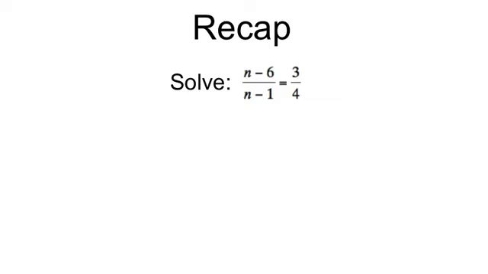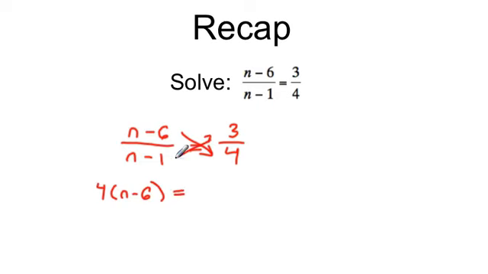So to recap and to wrap all of this up, when we have equations with fractions, what we want to do to get rid of those fractions is to multiply by the denominator. And in particular, we will do this as many times as necessary. So if we have what's called a proportion, where I have one fraction equal to another fraction, what I'm going to do is multiply by what's on bottom twice. And we can shorten that process using this technique called cross multiplying, where I would take the top times the bottom of one side